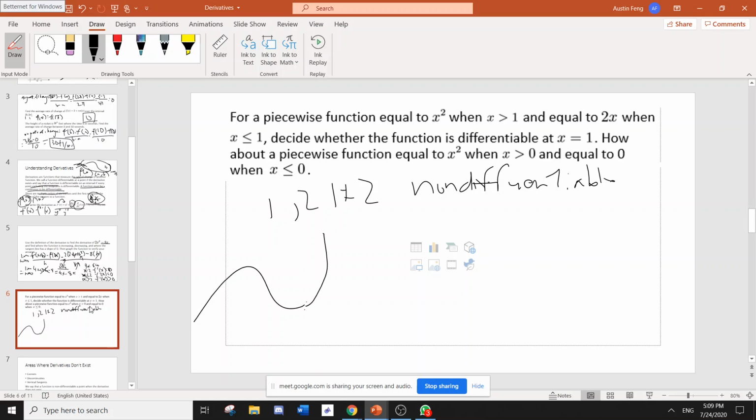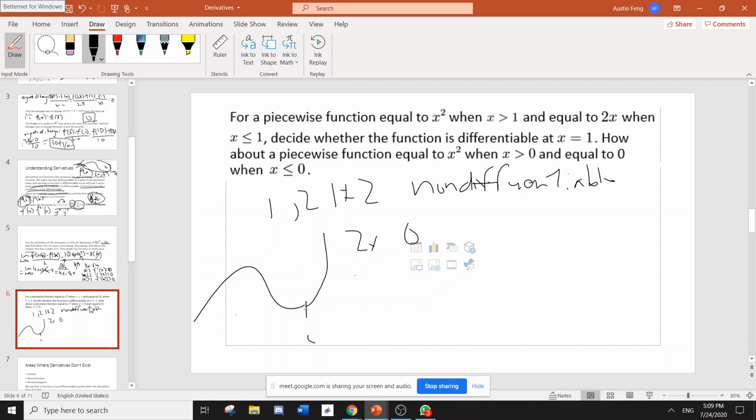We want to take the derivative at, let's say we have a point c, take the limit of the derivative on the right and the left side, and if they equal each other, then the function is differentiable at that point. So x squared, to save you guys time, the derivative is 2x, so at 0 we get 0,